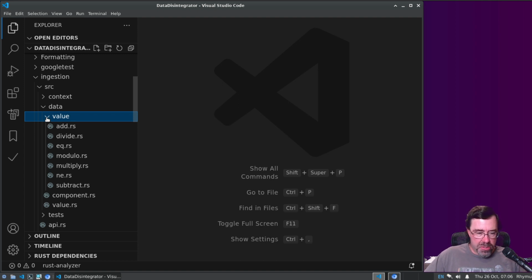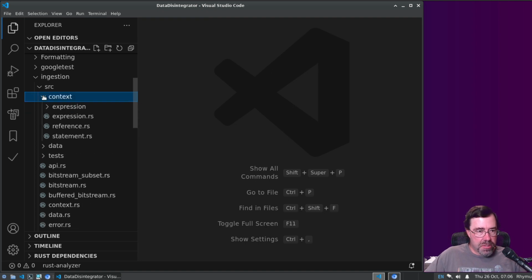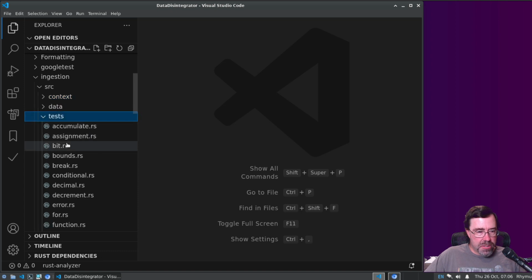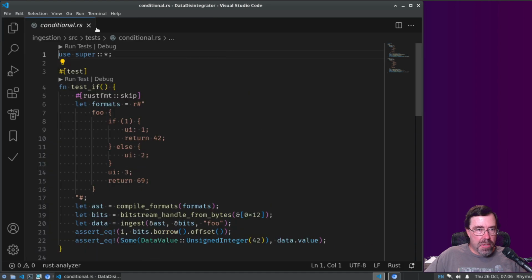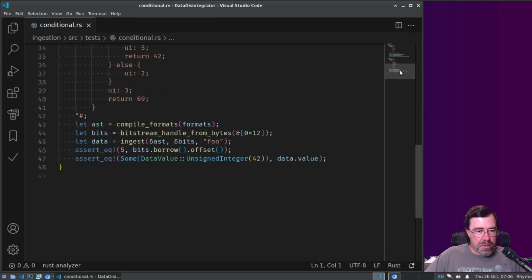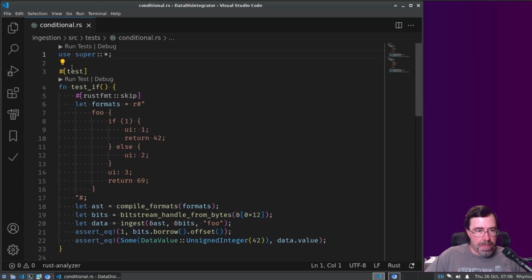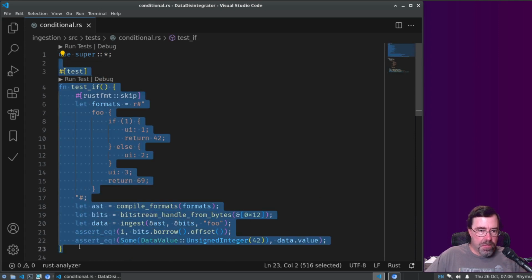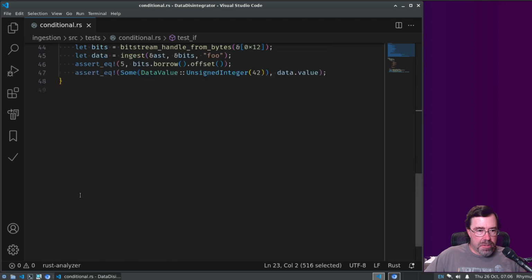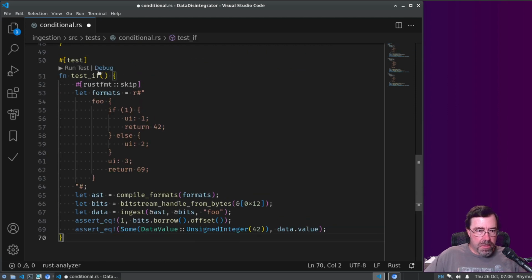It would be like if we use the string 0 or 1 in an if. So how about if we go to tests, conditional? Yeah. So we have an if and then we have an else if. Let's have another one. If Boolean string